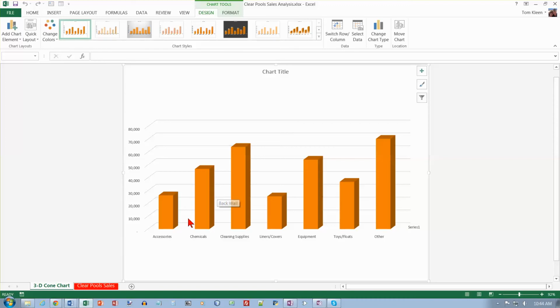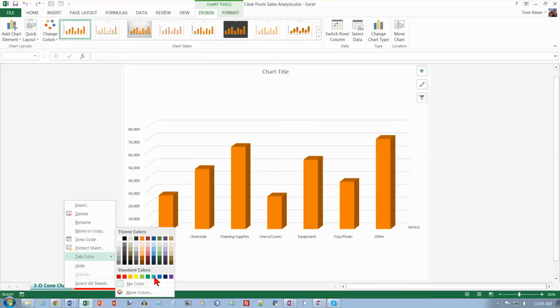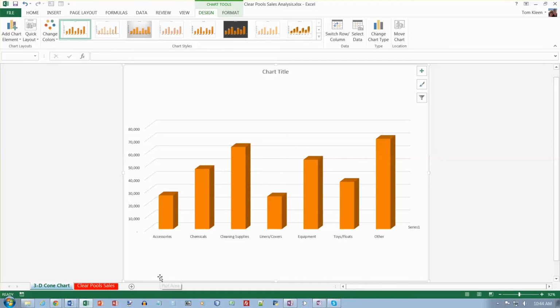And it says change the sheet tab to blue. So let's right click and go to tab color, and we get 3 shades of blue, but one is light and one is dark. And if they say ordinary blue, that's the one that we want. Okay, to format the chart,